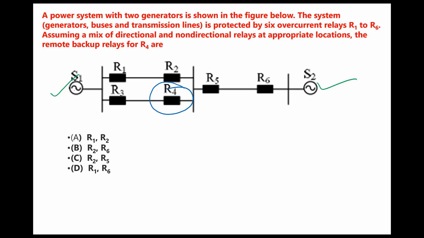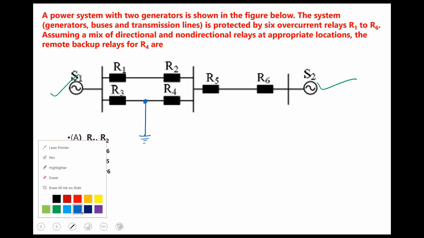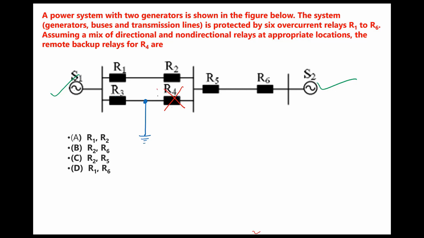R1, R6, sir. Yes, R1 and R6 is the right option. Let us see how. So, what is its zone? The relays R3 and R4 should protect the fault if it occurs in this line. Let us assume the fault is occurring exactly in the middle of this one. So primarily R3 and R4 should trip and should clear the fault. Suppose because of some reason R4 fails, then what will happen? Then the current will continue to flow.